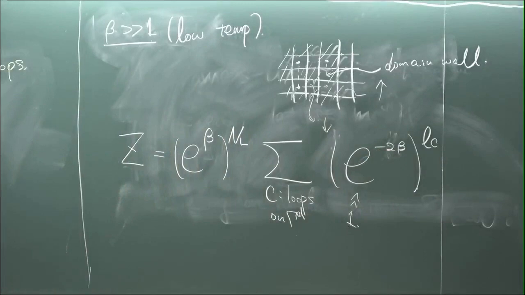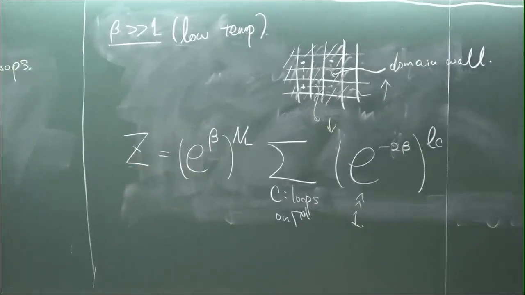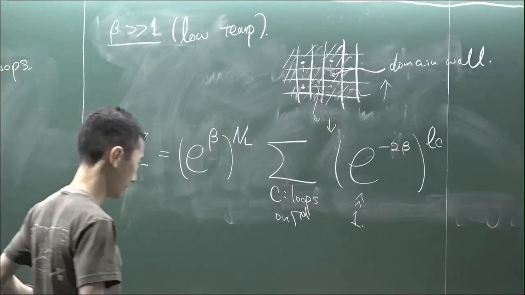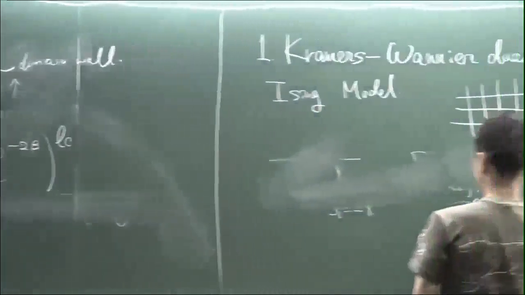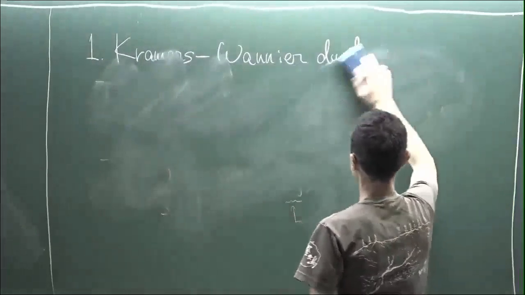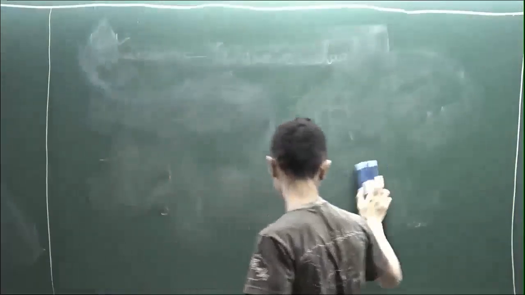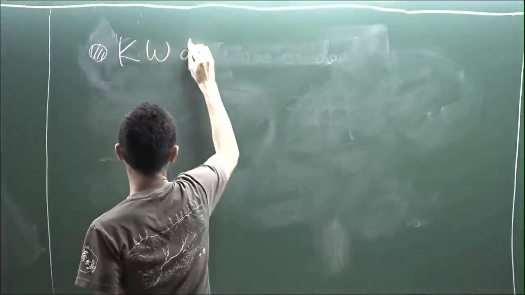Okay, and by comparing this expression, if you just forget about these prefactors, you can see that both the high temperature and the low temperature are given by some expansion in terms of loops. And by comparing these two expressions, you can conclude that there should be some duality of the Ising model, which is basically the self-duality of the Ising model, and that's precisely what people call Kramers-Wannier duality,